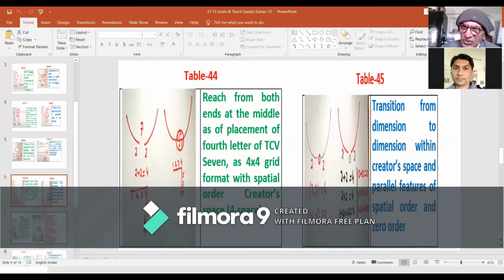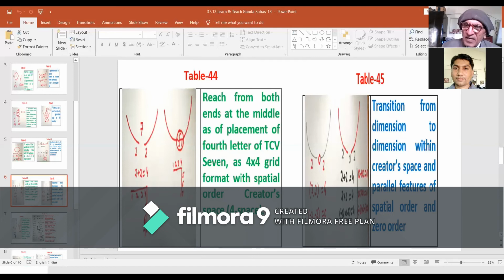On the other hand, 0 plus 0 is 0. 0 multiplied by 0 is 0. Minus 0 multiplied by minus 0 is also 0. It is here where these triple features of superimposition, of addition, multiplication, and reversal of orientations happen at spatial order setup of value 2 and at zero order setup of value 0, which means this is happening at the level of two spaces,